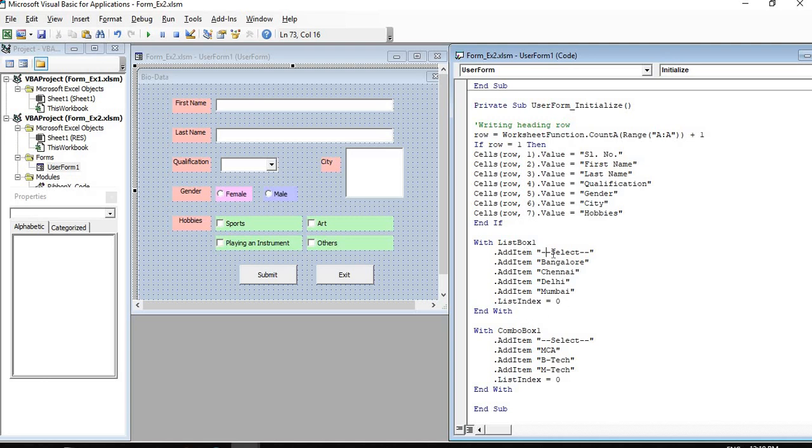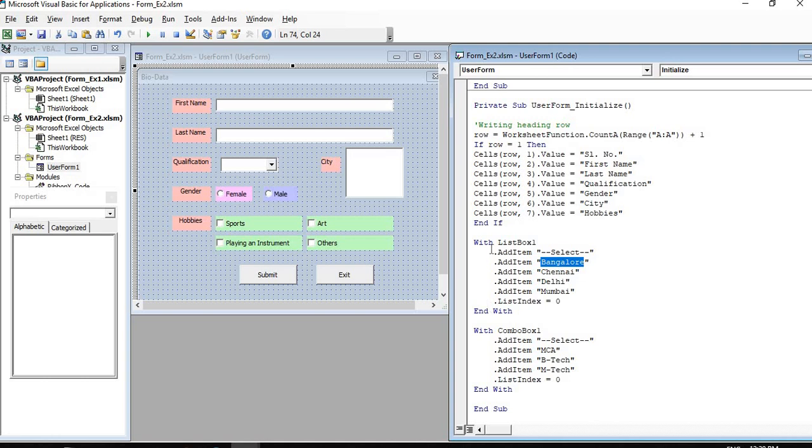The index starts from 0, so this is 0, 1, 2, 3, 4. Like that, the ListIndex values will appear. So ListIndex equal to 0: by default, when you run your form, that particular item will be shown. If I give ListIndex equal to 1, then by default it will show Bangalore, highlighted for us.